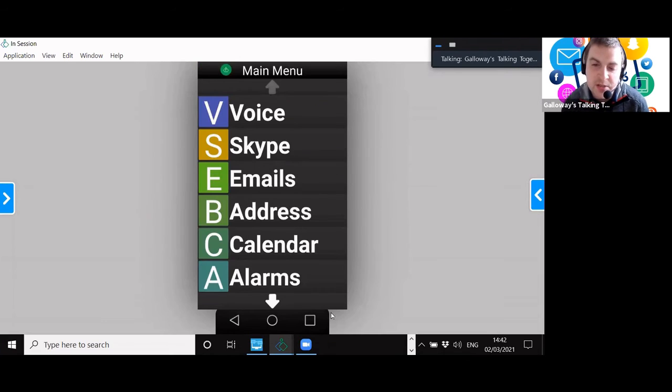Really, it's just to get you acquainted with the keyboard so that when Graham comes to do future sessions with you, when that keyboard appears, we still might need to guide you around it and help you, but hopefully it won't be such a new thing because we've gone through it already. Hopefully it gives you a little bit of time to have a play with the keyboard, because essentially you've managed to get around the device with the menus. You have managed to type on the keyboard and use voice